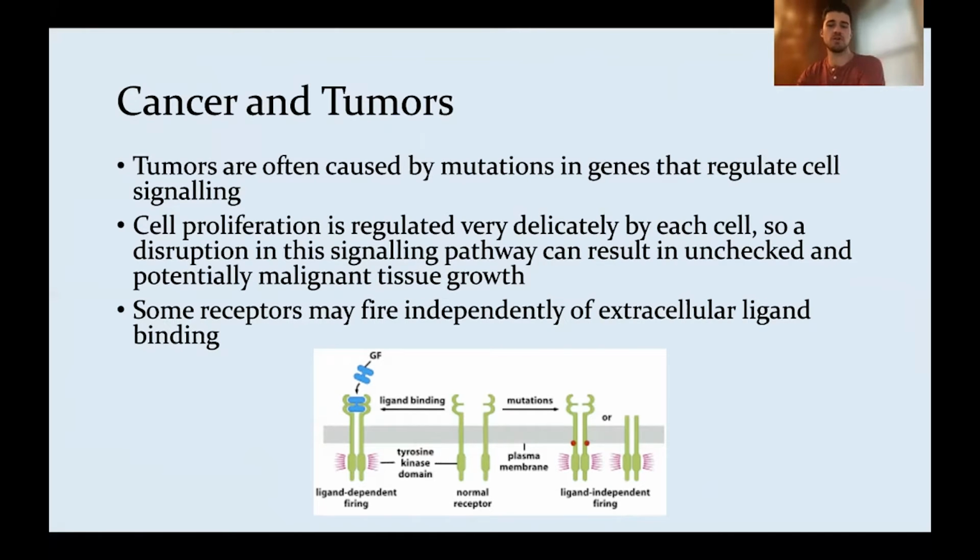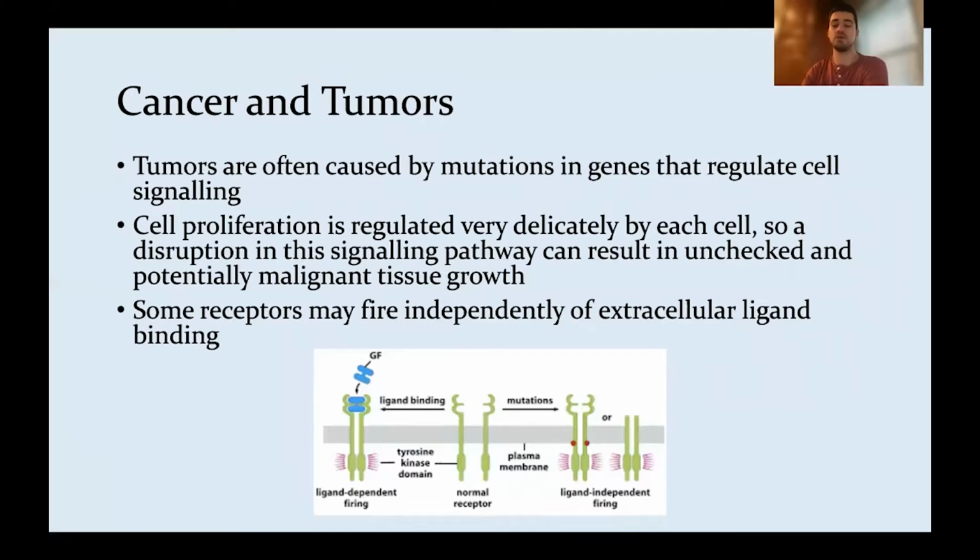So tumors are often caused by mutations in genes that regulate cell signaling. Cell proliferation is regulated very delicately by each cell, like we said in the beginning of the lecture with that huge picture with all of those different signal pathways. But a disruption in any of those signal pathways can result in unchecked and potentially malignant tissue growth. And some receptors may even fire independently of extracellular ligand binding. So, it's usually mutations or,